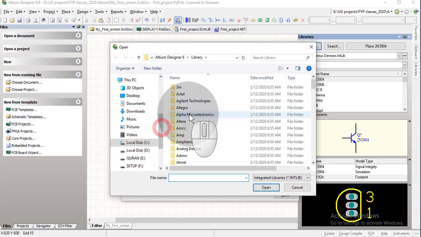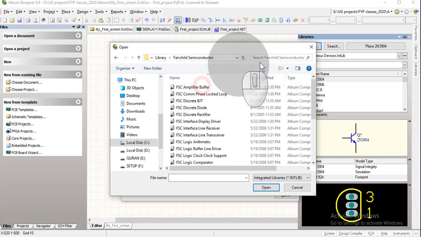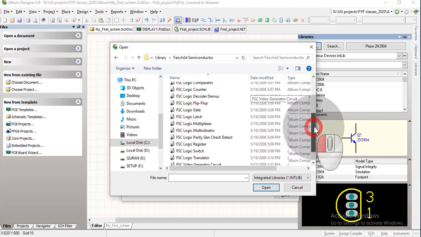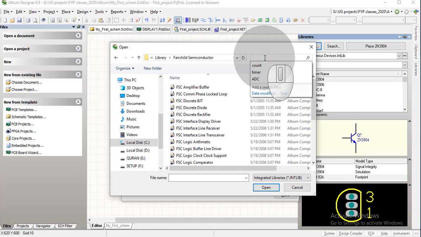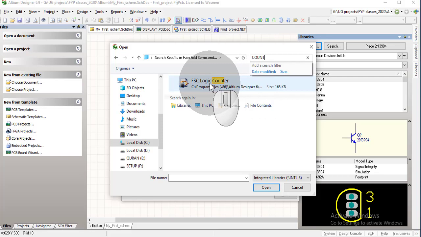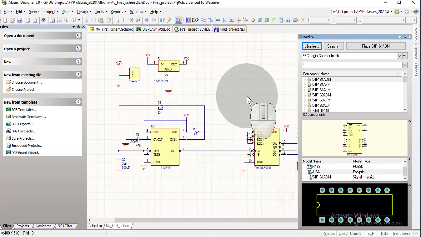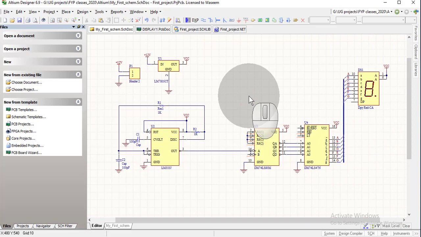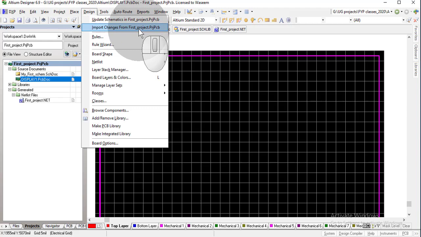and Fairchild Semiconductor. So this is Fairchild Semiconductor, and we need to find the counters library of Fairchild Semiconductor. If we are unable to find it, we can search here, counter. So this is the Fairchild Semiconductor logic counter library. Now the library is installed, close. Okay, now the library is available, and let's try again: design, import changes,